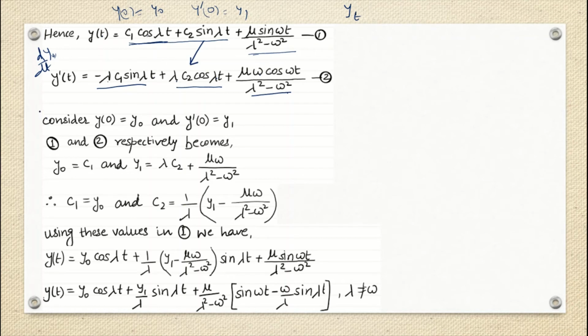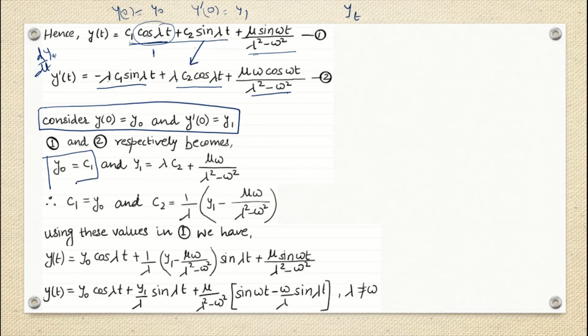Fine. Now we are just writing down the conditions given in the data, and then respectively it will give you what at time equals 0. So y0 will give you what? Cos 0 degree will give you 1. So this will be your c1. This complete thing will become 1 at t equals 0. This is your c1, plus sine 0 will give you what? Sine 0 degree will give you 0, so the complete term will go to 0. Similarly, sine 0 degree will be 0. So this is just c1. So y0 is c1. So you can say that c1 you have got as y0.